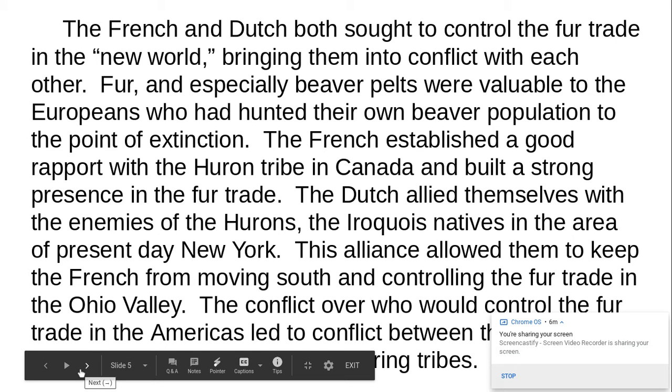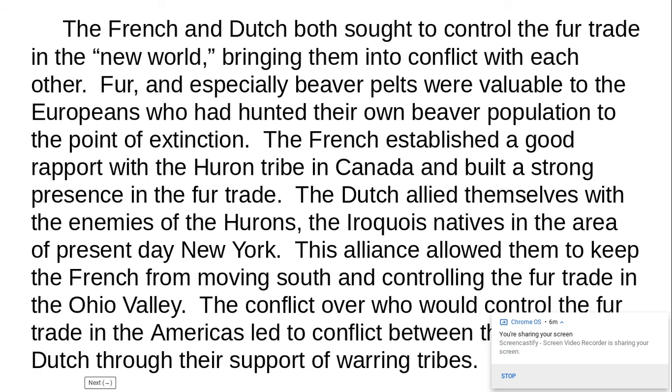Here's the response. The French and Dutch both sought to control the fur trade in the New World, bringing them into conflict with each other. Fur, and especially beaver pelts, were valuable to the Europeans who had hunted their own beaver population to the point of extinction. The French established a good rapport with the Huron tribe in Canada and built a strong presence in the fur trade. The Dutch allied themselves with the enemies of the Hurons, the Iroquois natives, in the area of